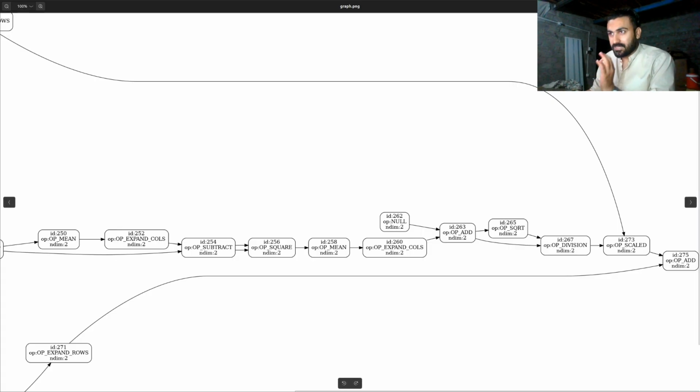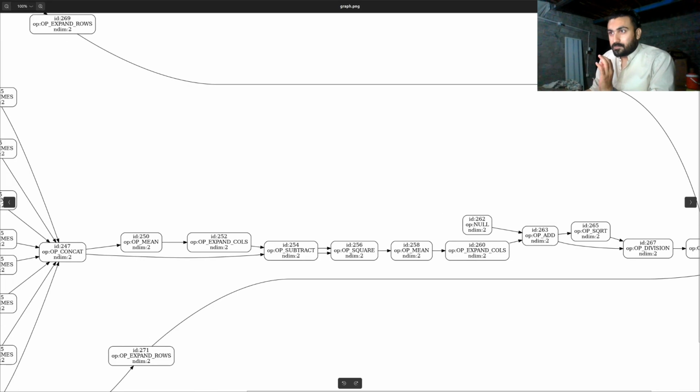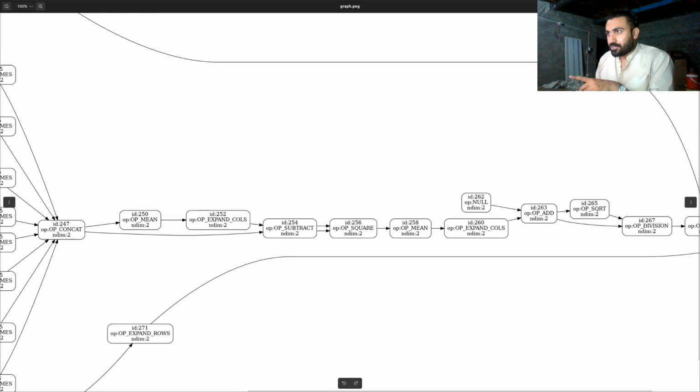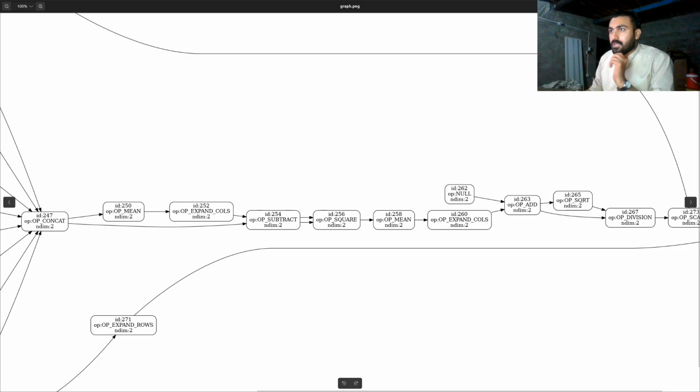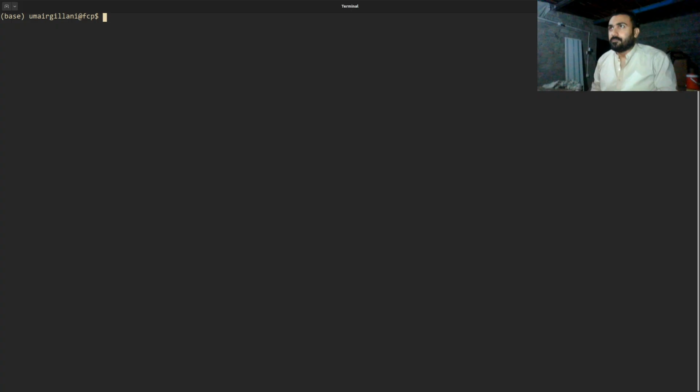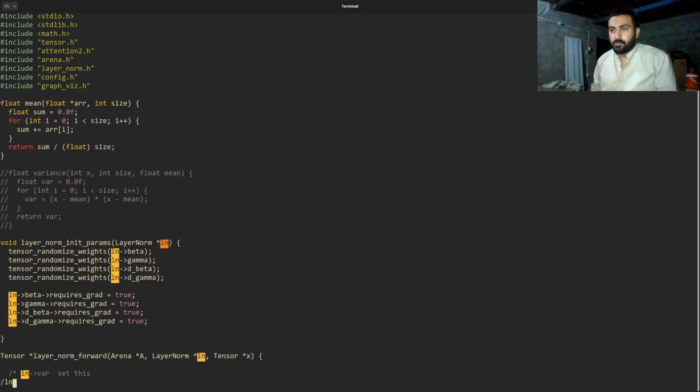From these operations, expand columns again, operation mean, concatenation. Forget about this concatenation, just look at these sequential operations. You can have an idea that this is nothing but layer normalization, right? In case I want to show you some script as well, that would be interesting. Let me show you ln.c, and I'll jump to the layer norm